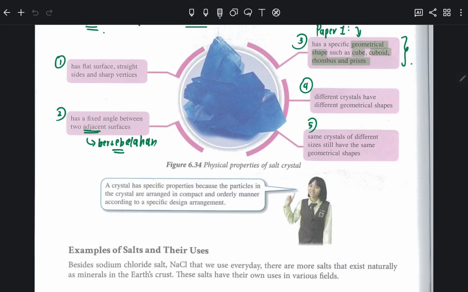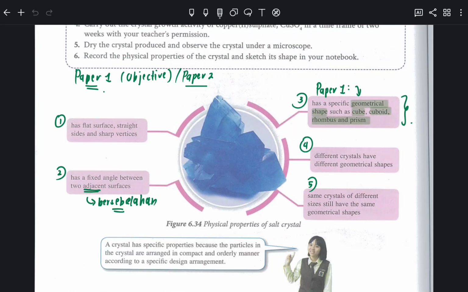Okay, if people talk about crystals, you should know they have a specific shape. Okay, specific geometrical shape. Different crystals have different geometrical shapes. And you can say same crystals with different sizes have the same geometrical shapes. And two sides of the surfaces of a salt crystal have a fixed angle and a flat surface, straight sides, sharp vertices. So you should memorize all these and try to remember, try to figure out because